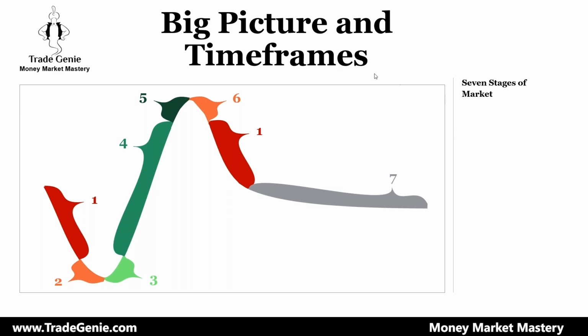So here are the seven stages of a market, and the time frame could be daily, weekly, or you can put it on a 30-minute time frame. I will dissect and show you especially how you can take advantage of this phase 4, which is going on right now. The market is in stage 4 right now.